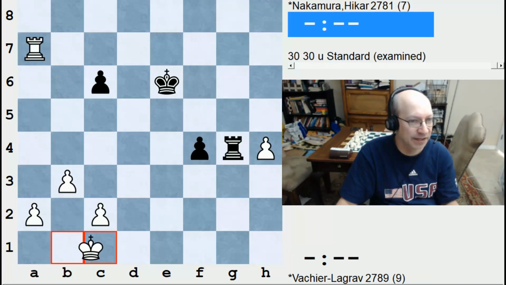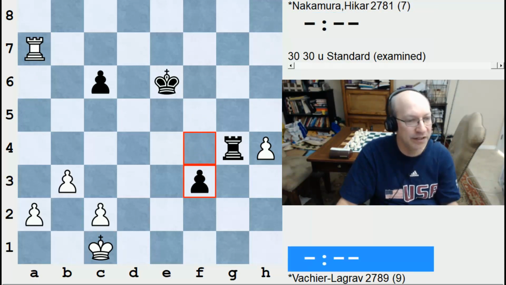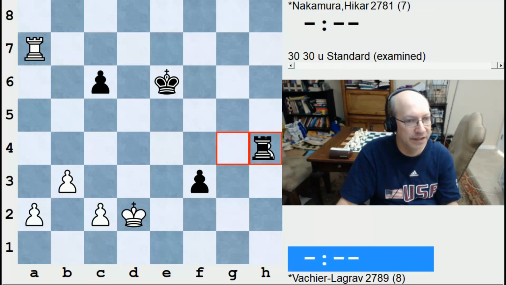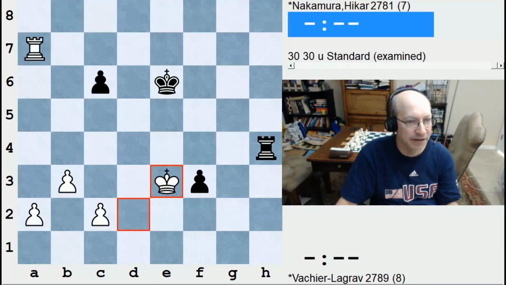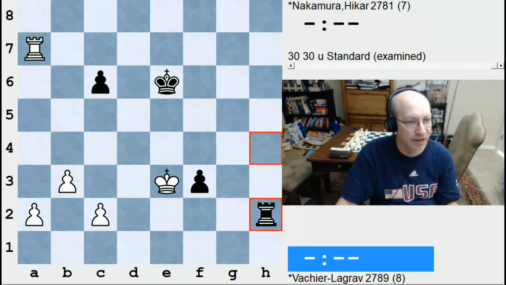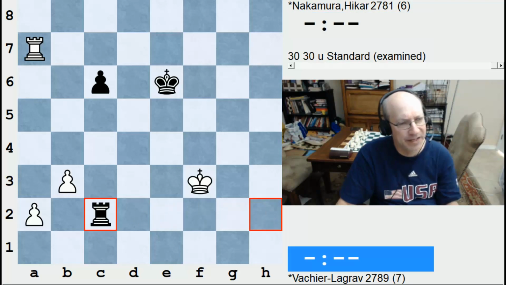Okay, so black started getting the f pawn going, and now he gives white an opportunity to liquidate the f pawn. Instead of rook e8, he could have played king e3, and I think he was just going to go rook h2, and they could get a position like this, and